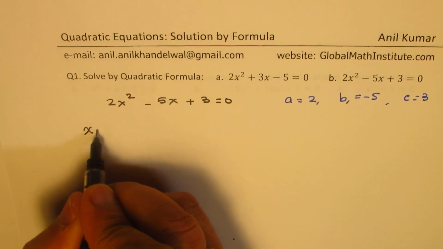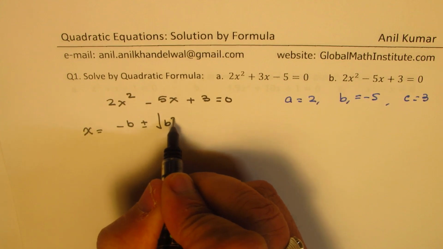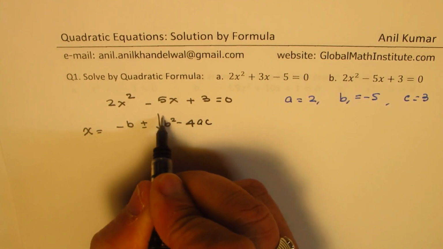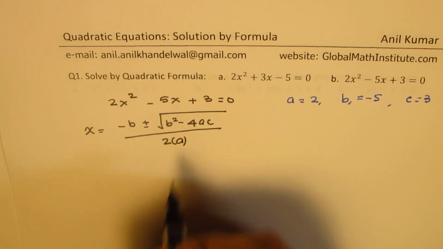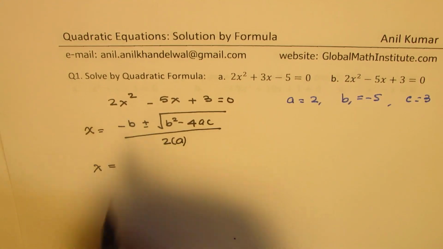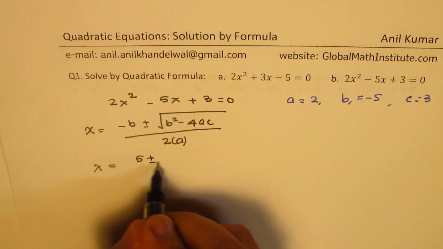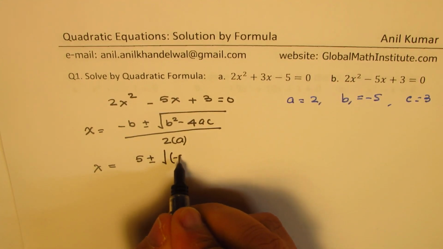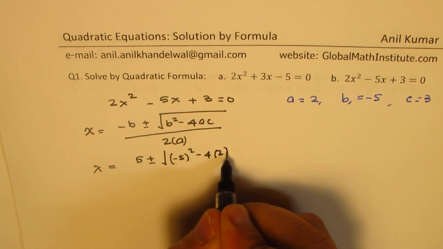The solution is x equals to minus b plus minus square root of b square minus 4ac over 2 times a. Right? So we can write from the given equation, minus of minus 5 is plus 5 plus minus minus 5 square minus 4 times a is 2 and c is 3